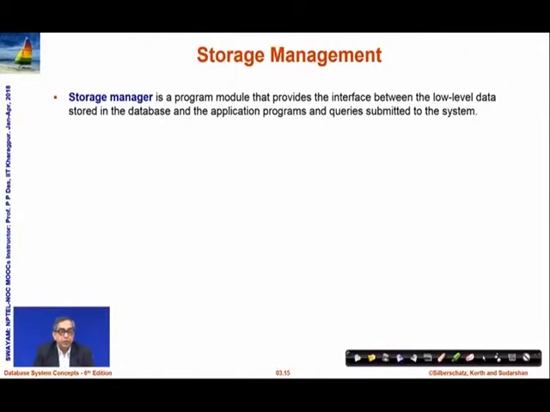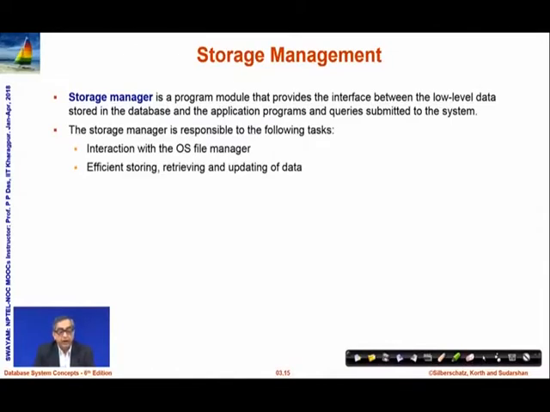We have looked at the storage manager as the one which is a bridge between the physical level of abstraction and the logical level of abstraction, then finally to the view level of abstraction. So, the storage manager has to deal with interactions with the operating system on which the DBMS is kept, the file manager of the operating system. It is responsible for efficient storage, retrieval, and update of the data. It is responsible to make sure that if there are certain problems in the file system, the data is not corrupted and so on.